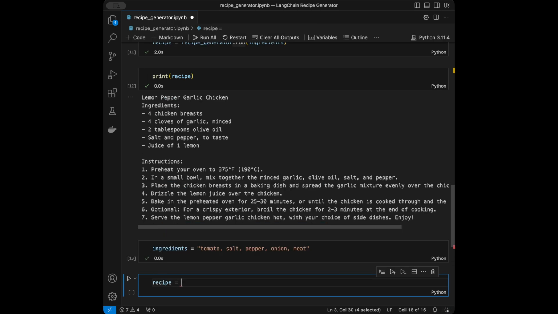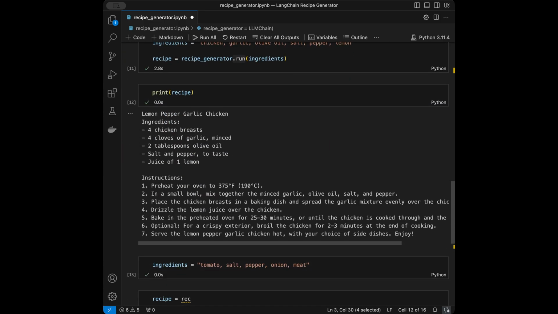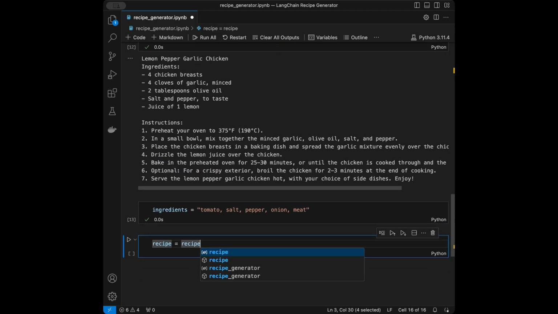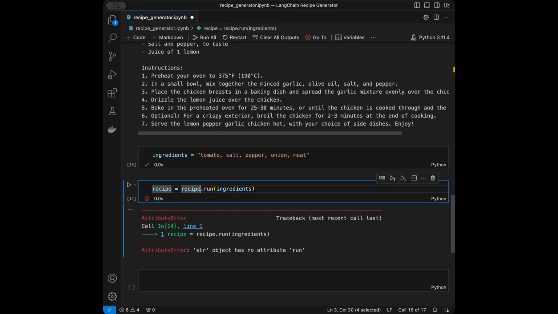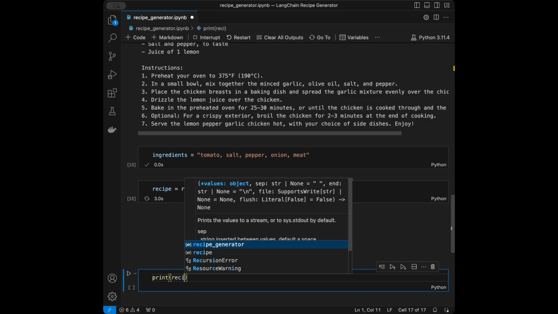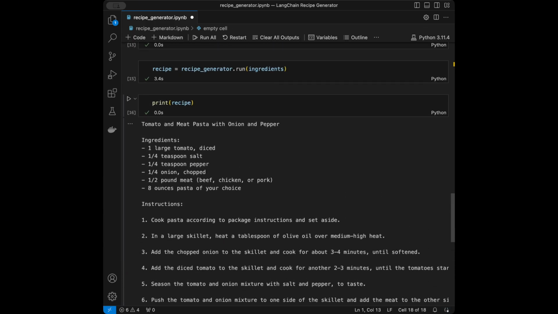Recipe is going to be recipe generator in here, dot run, and we will give our new ingredients. It's recipe generator like this. Now I'm going to print this out, like print recipe, and here it is: tomato and meat pasta with onion